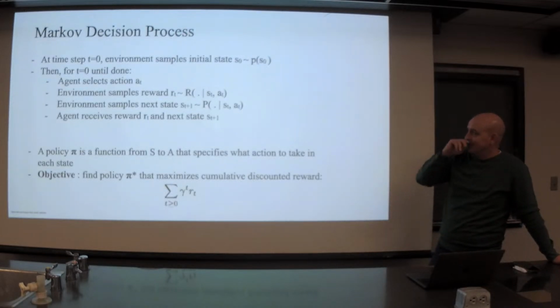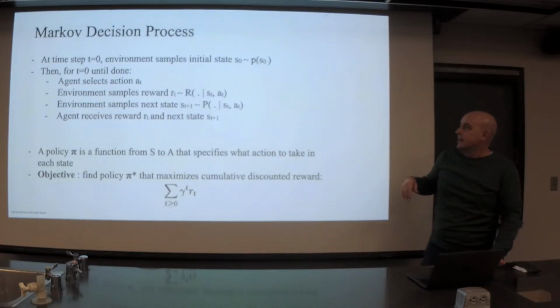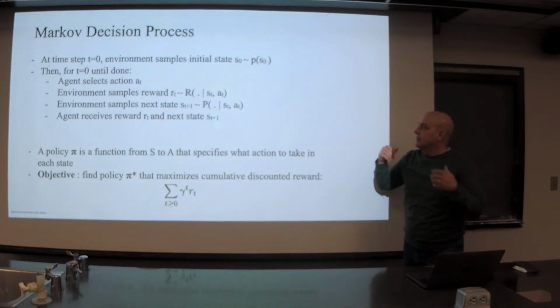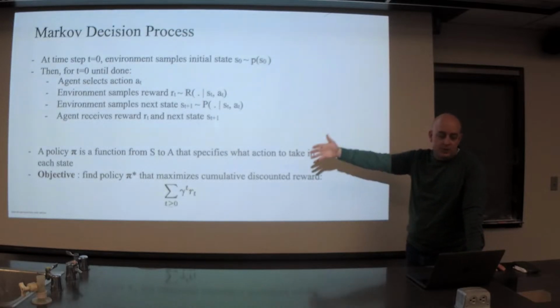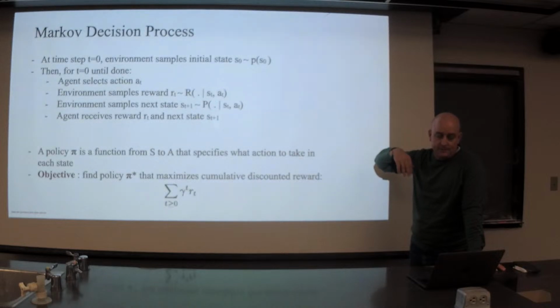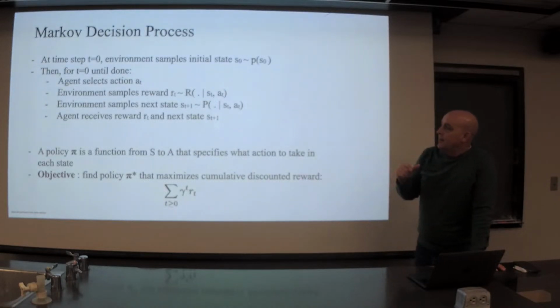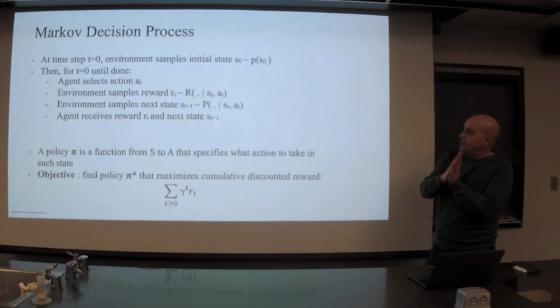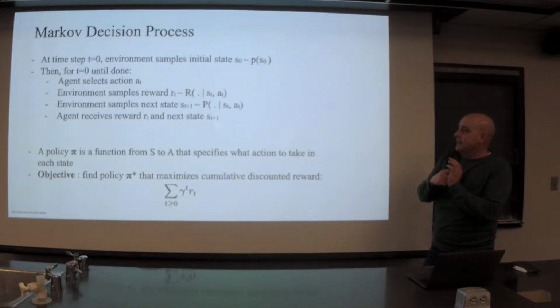So how does that work? At our initial time step, so we'll call that time 0, we need to be in an initial state, and we had this distribution over states, so we can imagine sampling from that distribution. That gives us an initial state. And then once we have an initial state, we just run this loop.